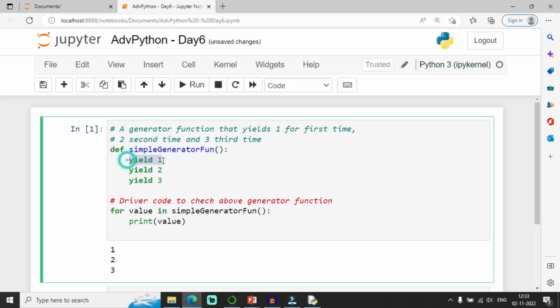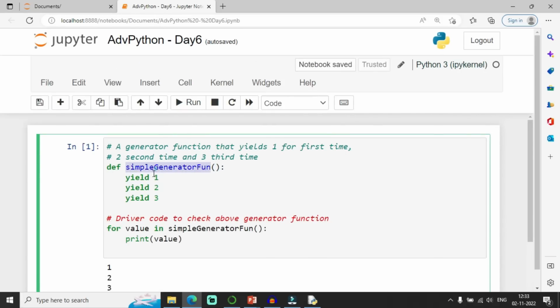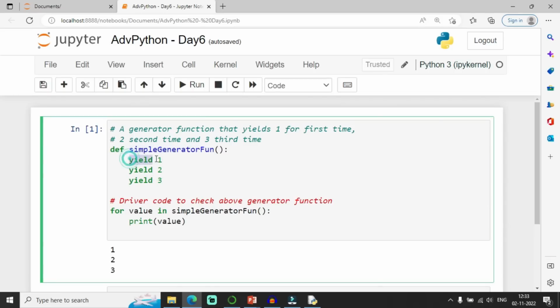It is going to yield some values. The first time I call this function, it is going to yield the value 1. The second time I call this function, it is going to yield the value 2. And the third time I call the function, it is going to yield the value 3.